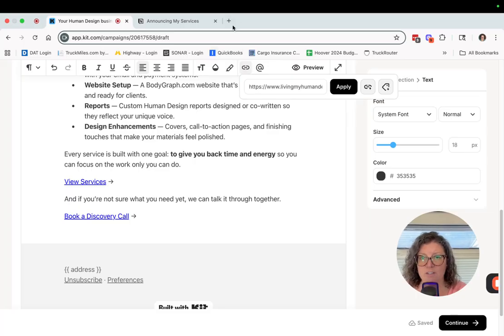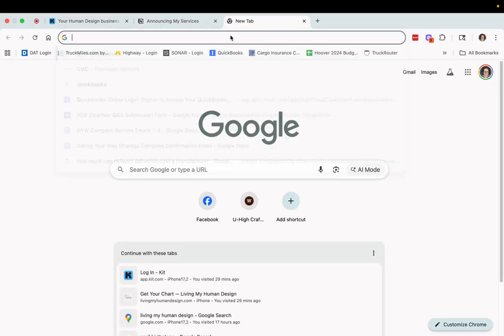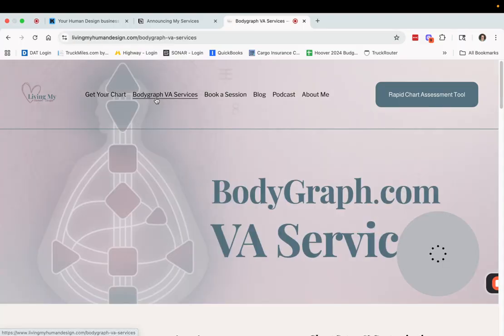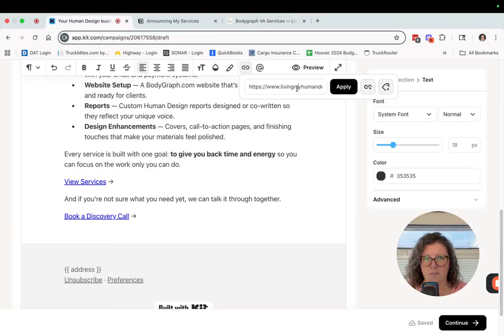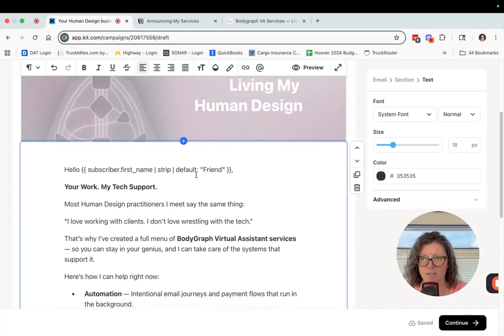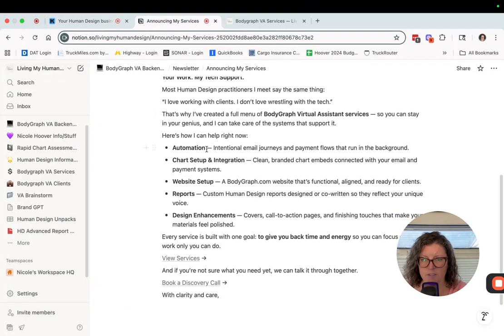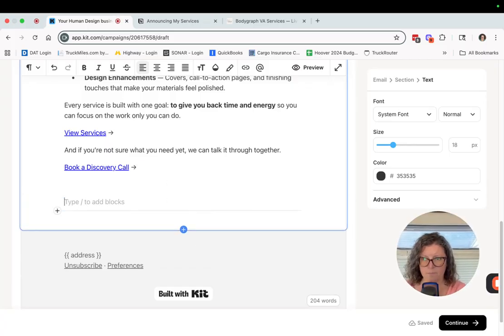So what I like to do is just go to whatever link I want to send. And like I'm going to go to my VA services and then just copy it here. And then I can just paste it into there and it'll be the correct link. Okay. So we've got our email typed. And I'm just going to tell them I need to end it. So we'll say,